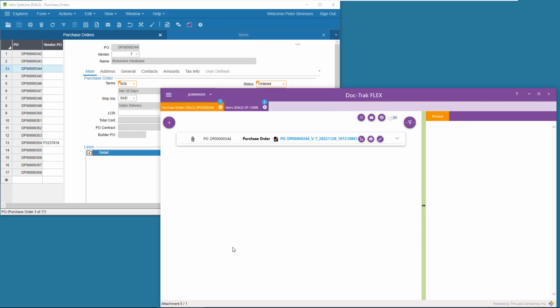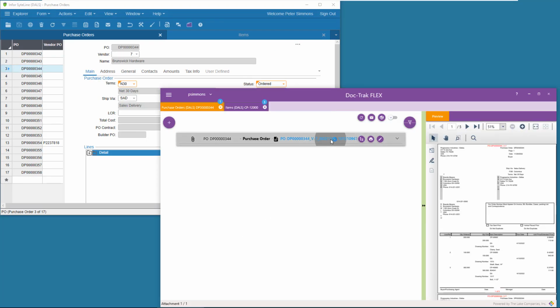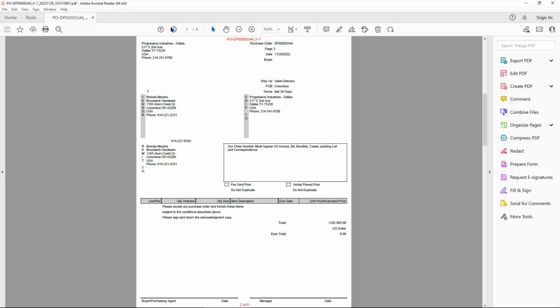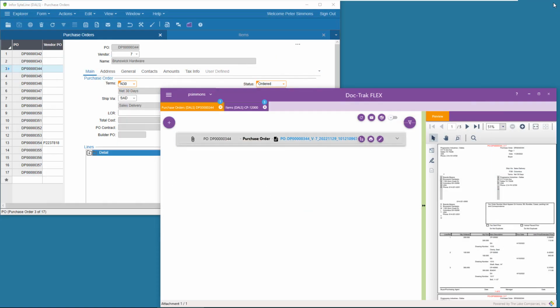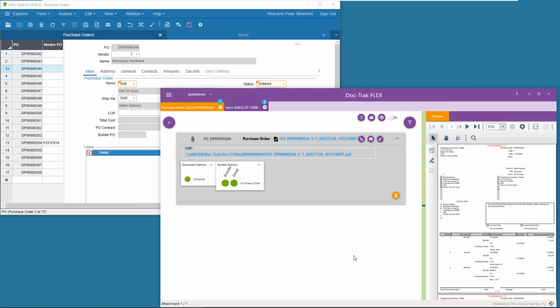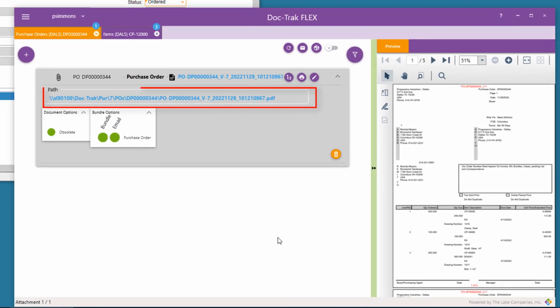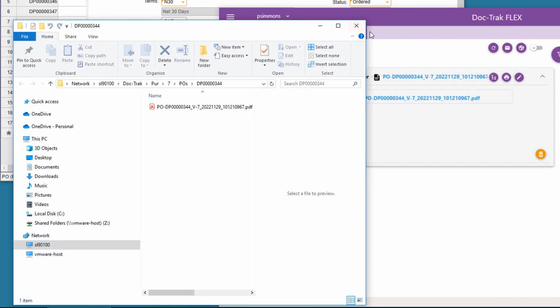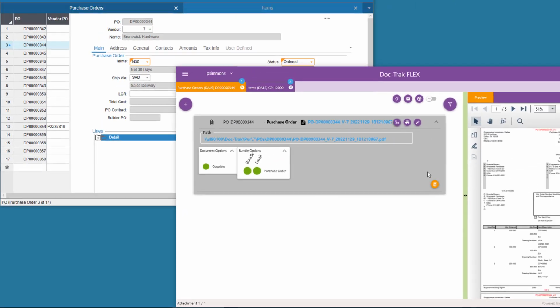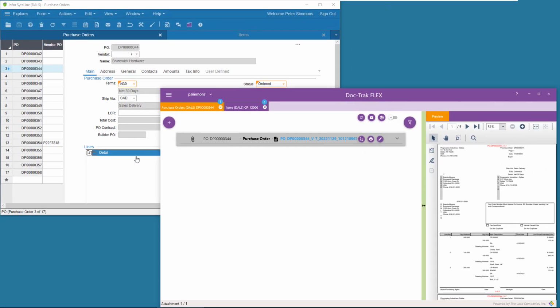DocTrack actually creates electronic documents by automatically bundling Sightline reports with their attachments. Then it saves the new file with an intelligent path and file name, and attaches it to the appropriate Sightline record automatically.